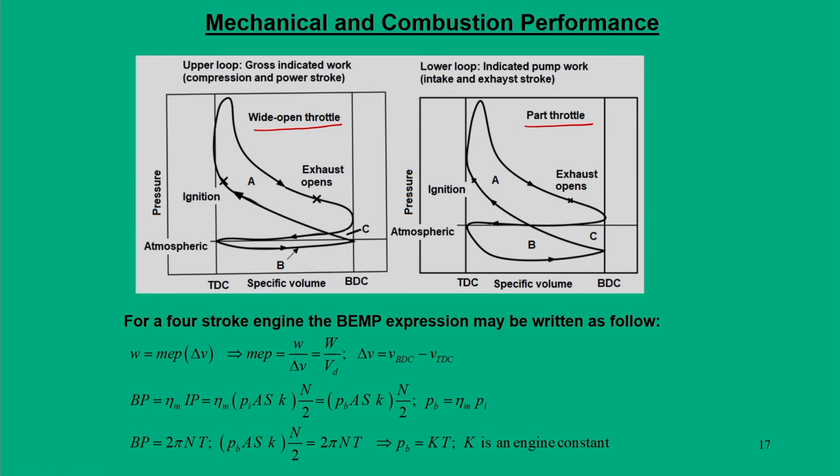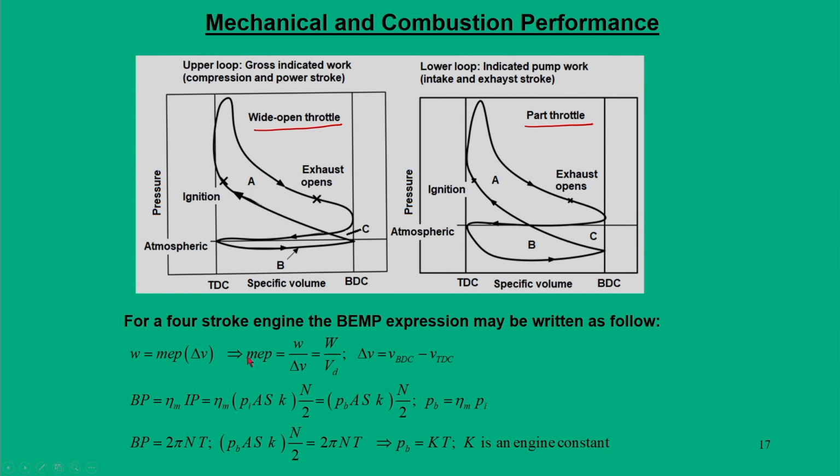So, if I say 100% open, I cannot ensure that 100% fuel is going, because the valve occupies certain space within that region. So, that is where you use the terms wide open and part throttle conditions. Now, with the same concept of work calculations, we have introduced mean effective pressure into delta V, and here delta V is nothing but the piston displacement from TDC to BDC or BDC to TDC. That way we call it the displacement volume.